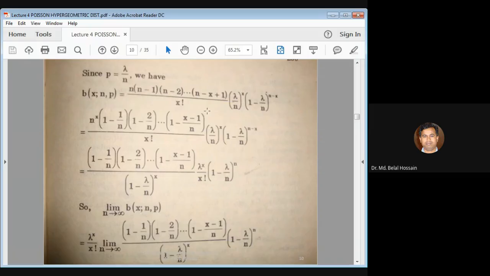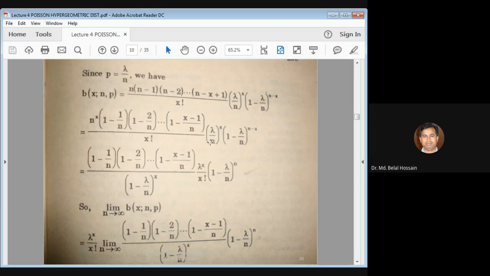এখন নাও ইফ উই কনসিডার p ইকুয়ালস ল্যামডা বাই n, যেখানে এখানে p ছিল সেখানে বসিয়ে দিলাম ল্যামডা বাই n। ওকে, এরপরে আমরা কি করলাম, n টা কমন নিচ্ছি প্রত্যেকটা টার্মের থেকে। তাহলে n কমন নিলে এরকম থাকে যে 1 মাইনাস 1 বাই n। এখান থেকে n কমন নিলে কি থাকে, 1 মাইনাস 2 বাই n এন্ড সো অন।